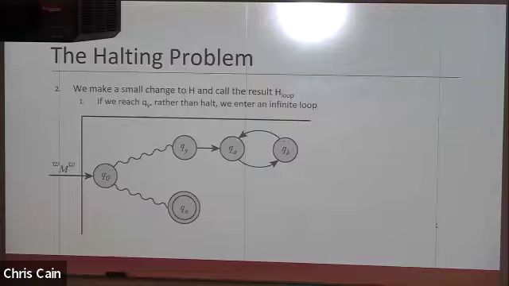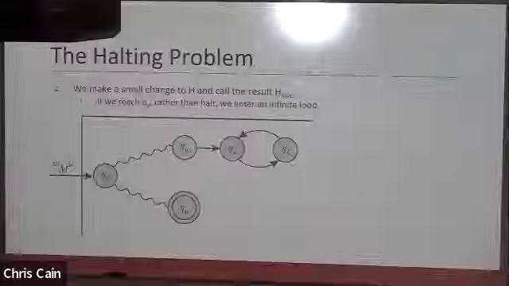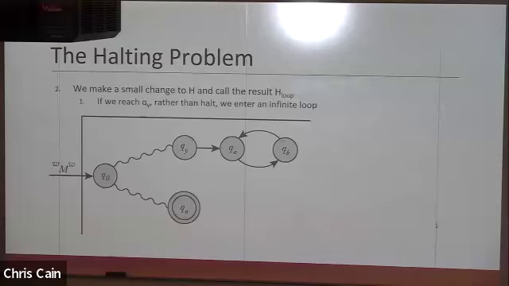Yeah. In H loop, why is QY no longer an acceptance state? Because it goes directly into that infinite loop. So a final state in this case designates that it halts. So we're keeping this acceptance from halt by going into an infinite loop. If we made that a final state, then it would halt at that point and not go into that infinite loop. But that seems like it should be